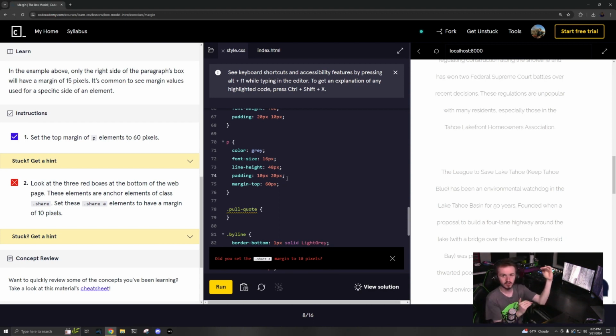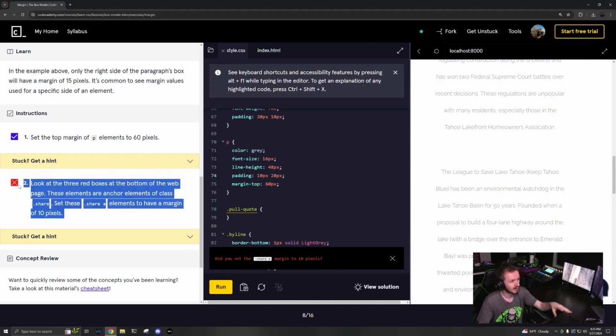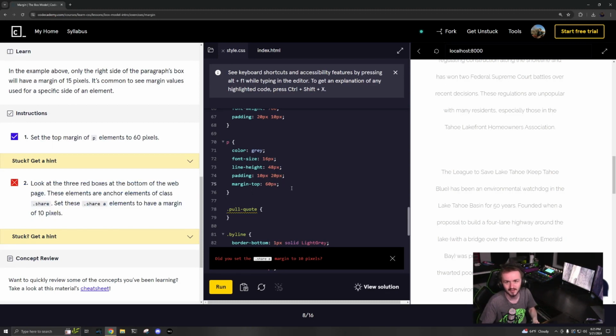Margin in the vertical axis will collapse to the maximum value. So if you have 60 pixels and 20 pixels, the margin will actually be 60 pixels. This is not the case for horizontal. It'll always be whatever it adds together to, but margin top and margin bottom will collapse to whatever the largest value is and not cumulative. So that's why I have this error here, because I was trying to demonstrate that,